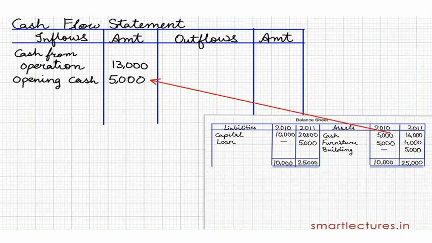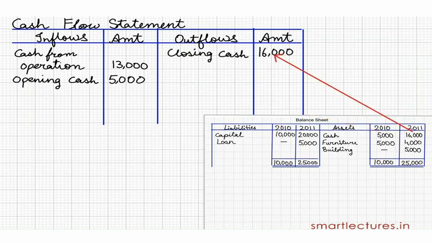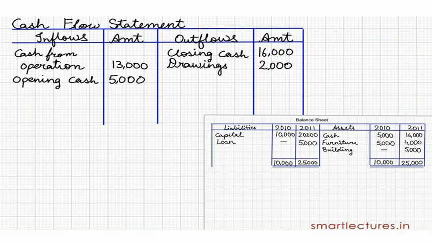Opening cash 5,000, and on the right hand side closing cash 16,000. Then on the payment side, I mean the outflow side, drawings rupees 2,000,